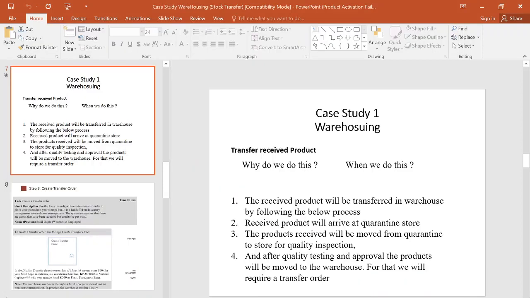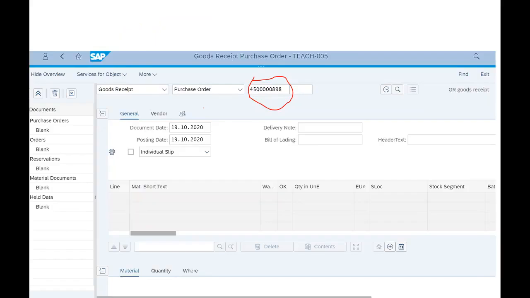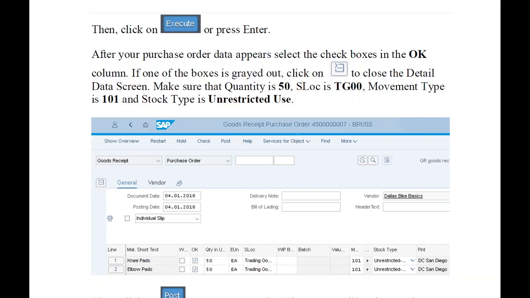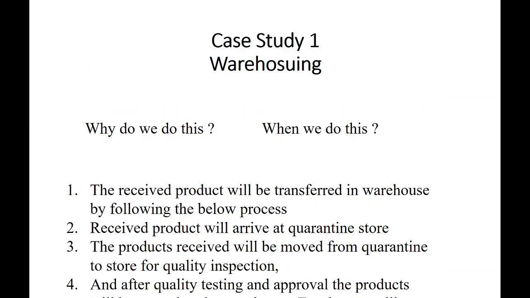Okay guys, now we are moving ahead to transfer the goods and services, and we will do it via transfer order. So what actually is a transfer order and why do we use it? The transfer order will be used when you receive the product at the warehouse. Now you have to transfer that product to the relevant location of the warehouse, and when you need to relocate